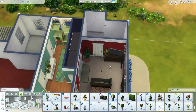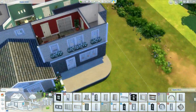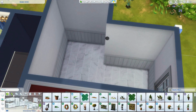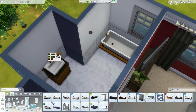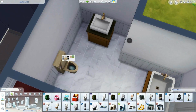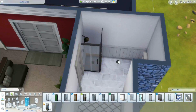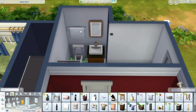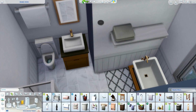To be honest, it's not one of my favorite rooms in this house just because of the color, but I just saw that reddish color and I thought, why not? So I tried it, even though it's not my personal favorite. Maybe other people like that very much, I just don't. In contrast to that, the bathroom is really plain, but